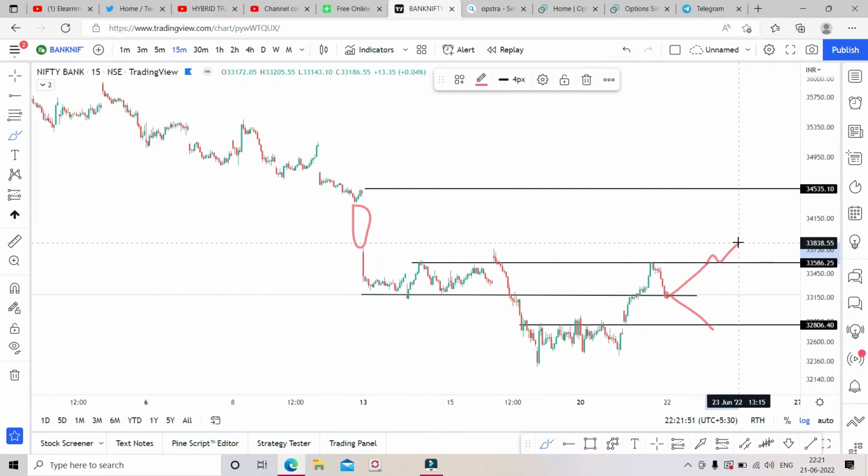keeps going up, you have to just do the adjustments by doing the reverse buying, or else you can just bring your call buying edge inside, so that you can mitigate your loss on the call side. If it comes down and breaks, you can do the reverse buying on the call side, and then you can bring your put inside, so that this maximum loss area